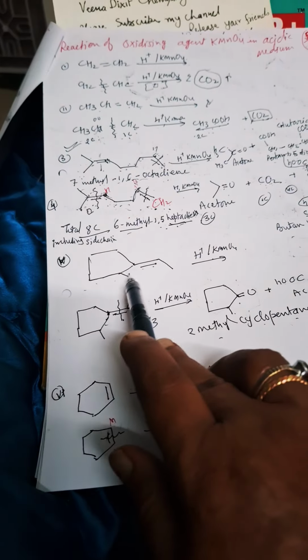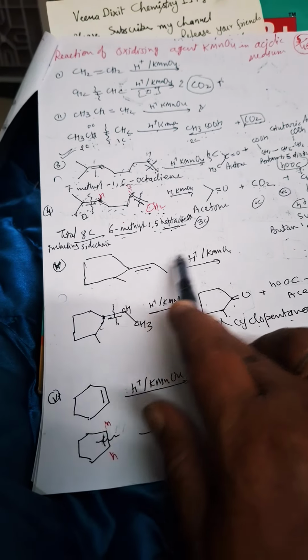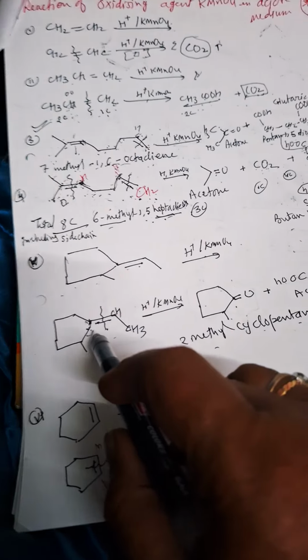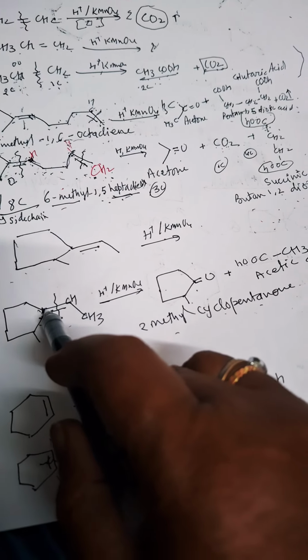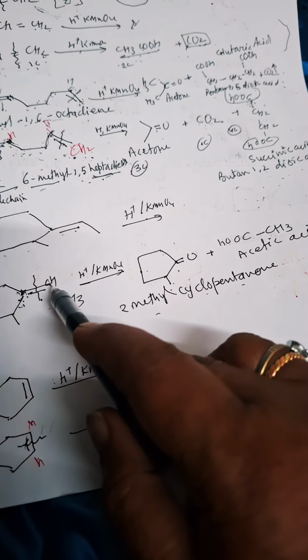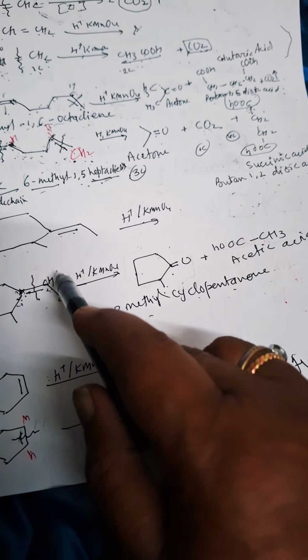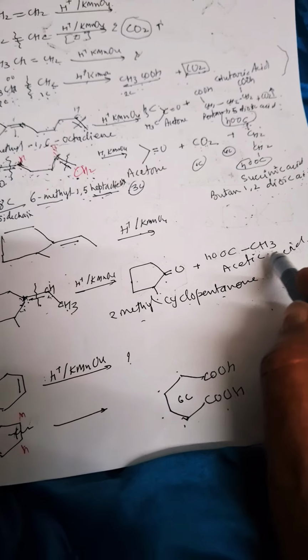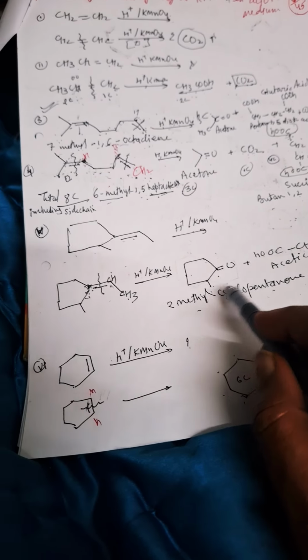Now this is a cyclopentane ring, and alkene is there, acidified KMnO4, cleavage occurs from here. This will convert it into ketone because there is no hydrogen on this carbon, so we'll get cyclopentanone. But this carbon CH3CH, this carbon is having 1 H, so here 2O will come, as we have seen earlier, so it is converted into acetic acid, CH3COOH, 2 carbon acid, and cyclopentanone.